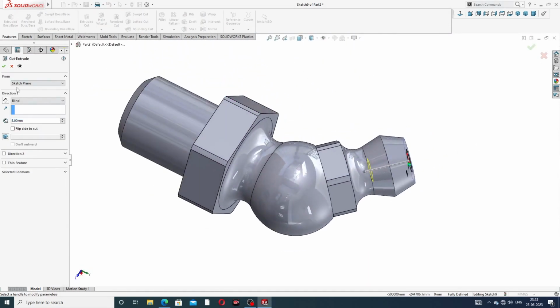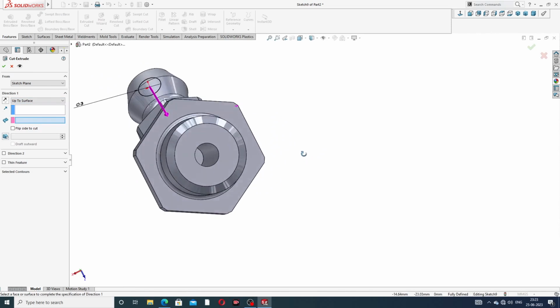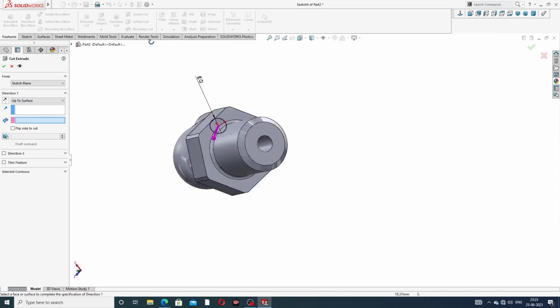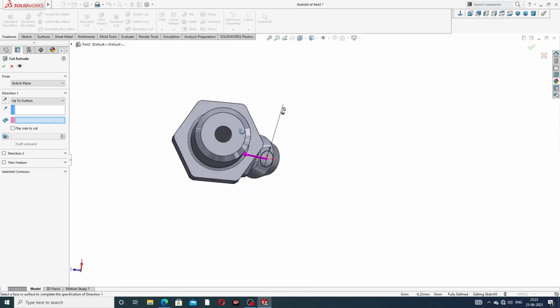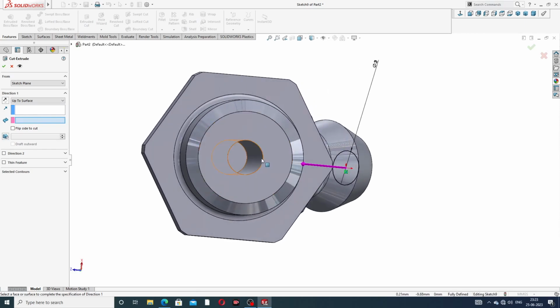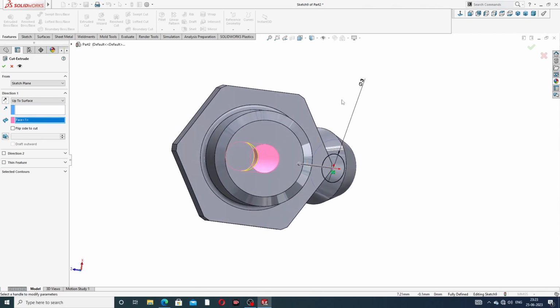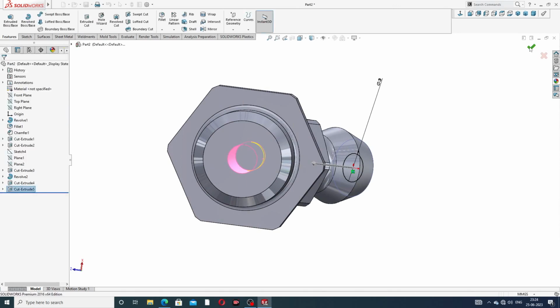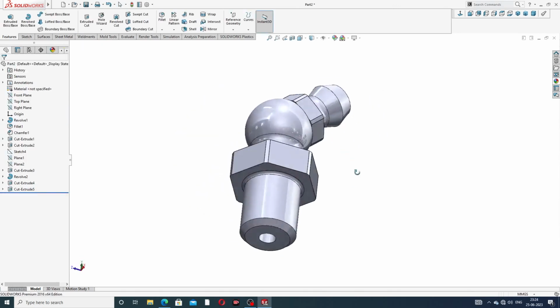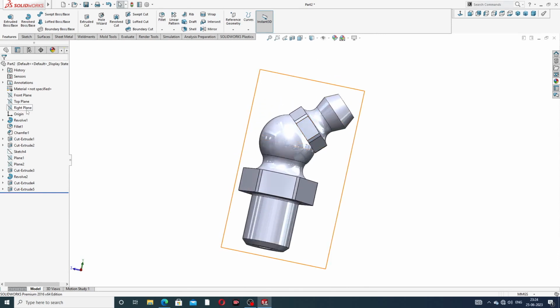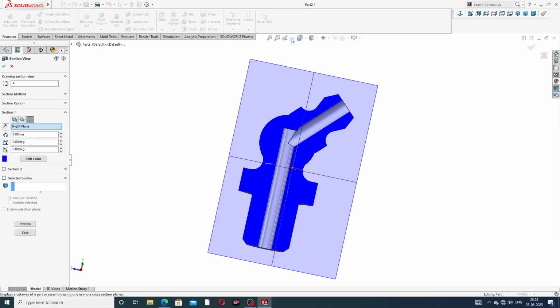Extrude cut is up to surface. Okay, up to surface means this is perfect. Okay, this is up to surface, this is perfect, and click OK. And use this cutout, and use the right plane, and okay, this is a cutout, nice looking here,